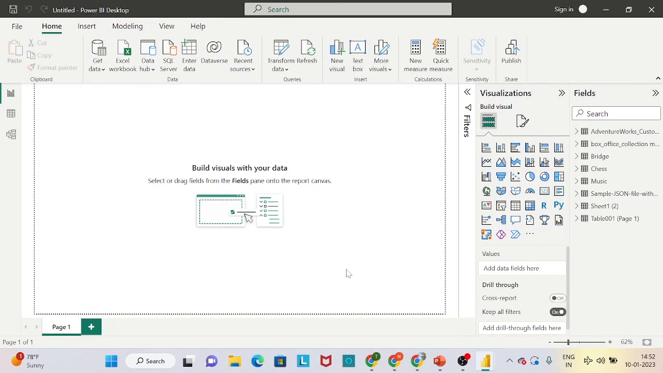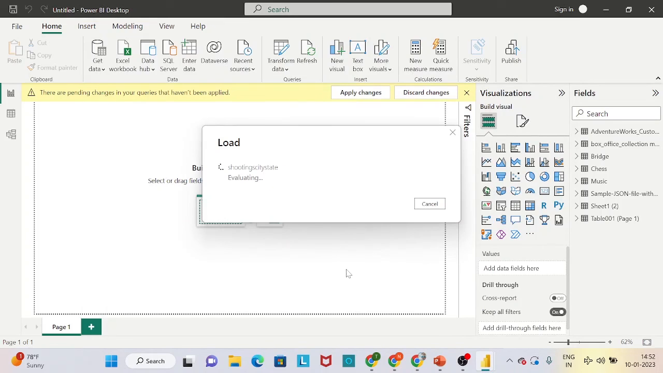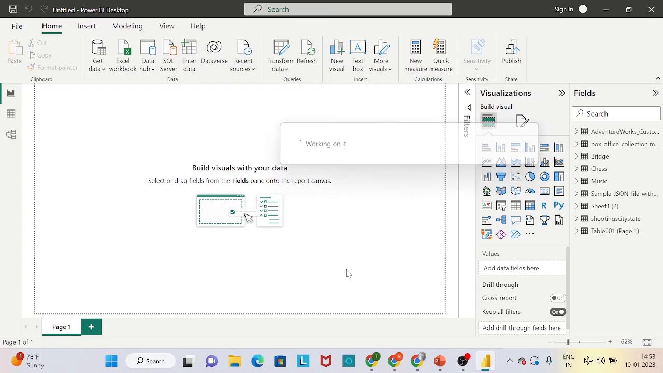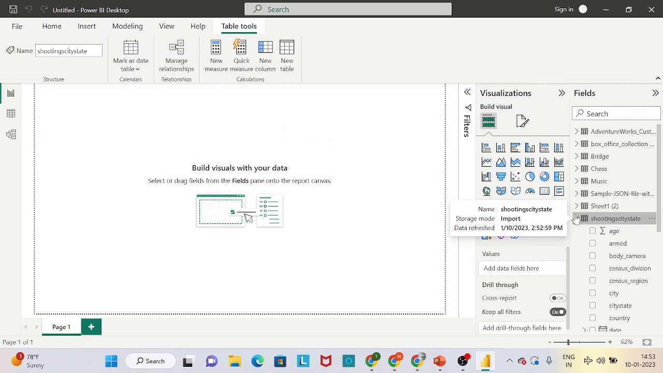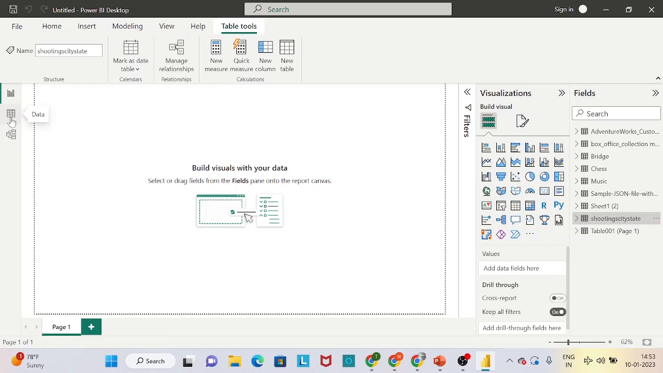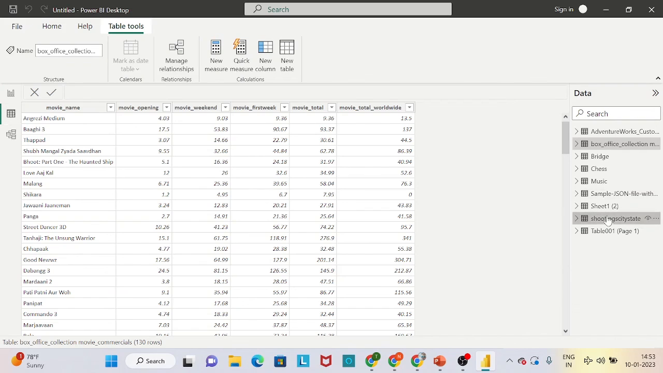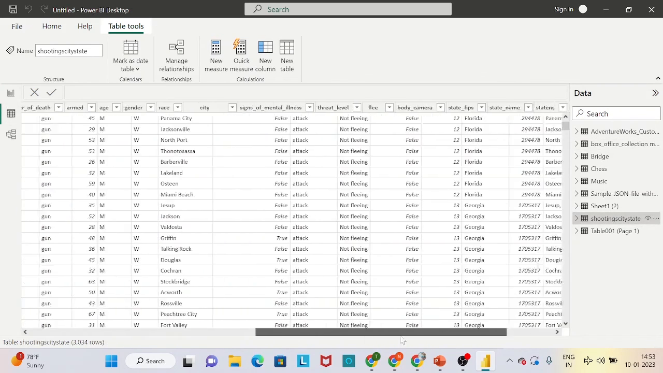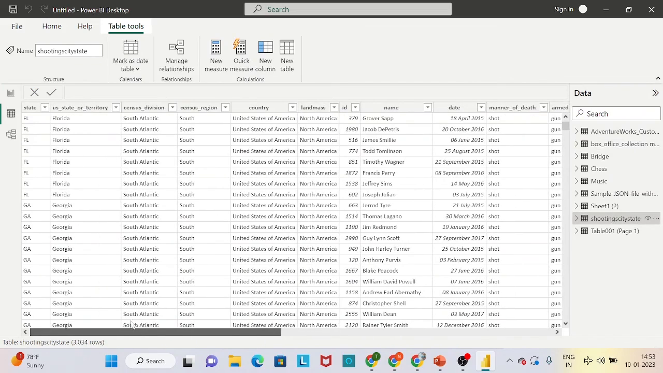So in this case, we are basically loading or importing a data set from web service or a cloud service. So you can see 3034 rows have already been loaded and here is the table. You can see the table here. Let's go on data view and let's click here, and you can see the entire data is loaded or imported and it is ready